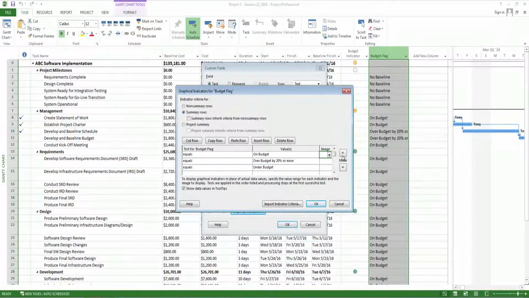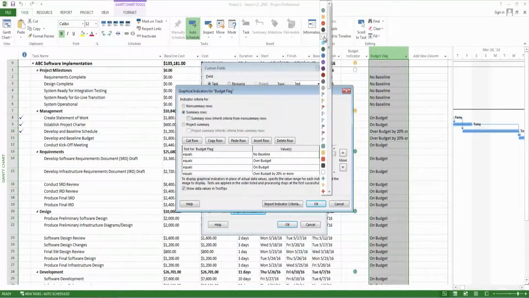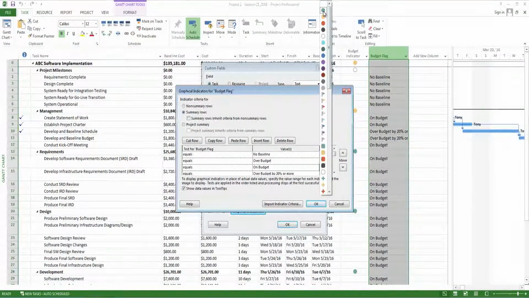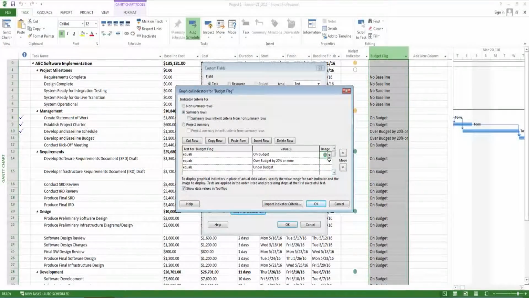All right, so there are different values associated with those. The no baseline, I'm going to have as a blank circle. For the over budget, I'm going to have it as yellow. For the on budget, it's green. Over budget by 20% or more, I want that to be red. And for under budget, I want that to be green. I'm just going to hit OK right now, because I have it all for the summary rows, and I have the images and the values. So if I hit OK,